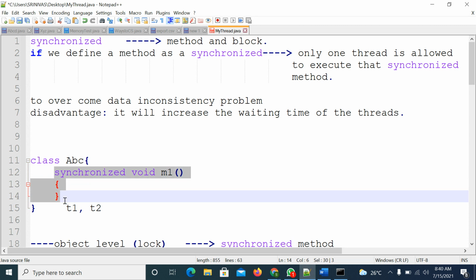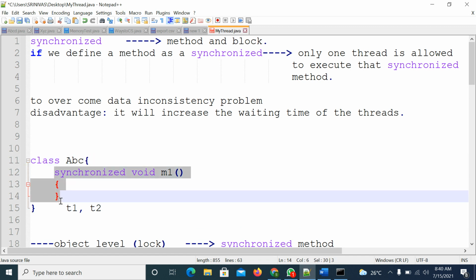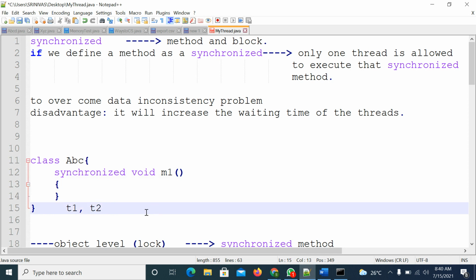First, the T1 thread and the T2 thread both have to get the lock of this class. Whoever gets the lock first will hold it. That means whatever synchronized methods are in this class must be available in that person's hand. Once that person has completed the synchronized methods, he can hand over the lock to the other person. I hope you are getting the point.